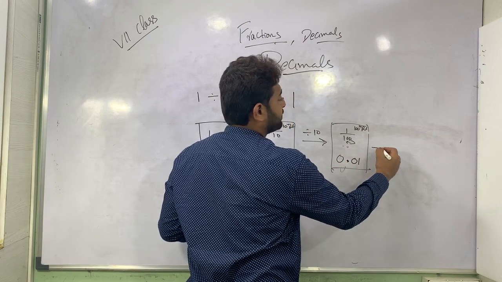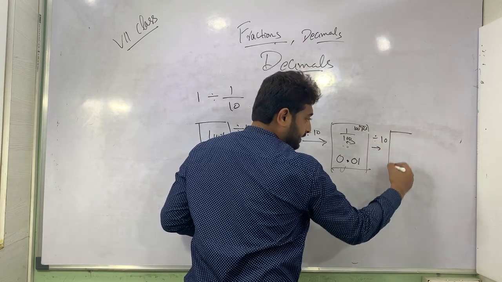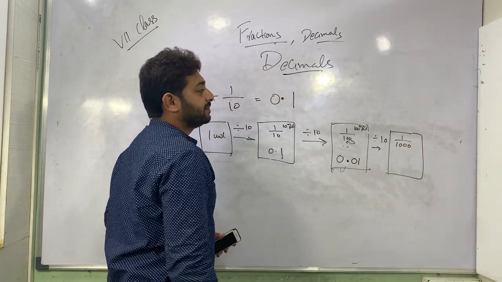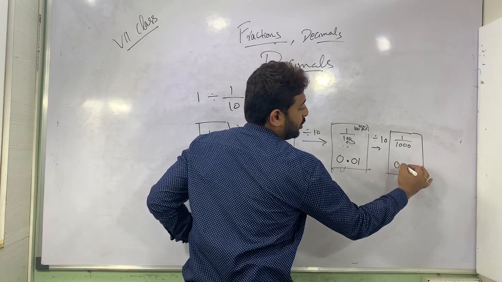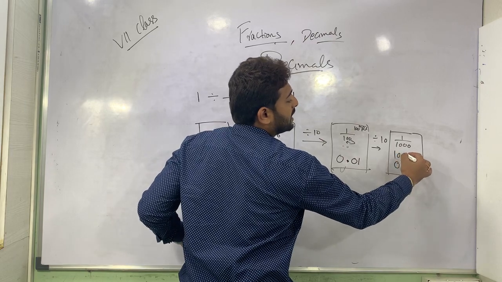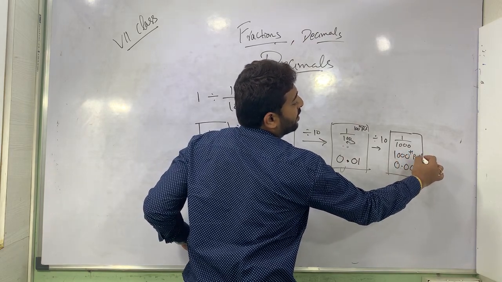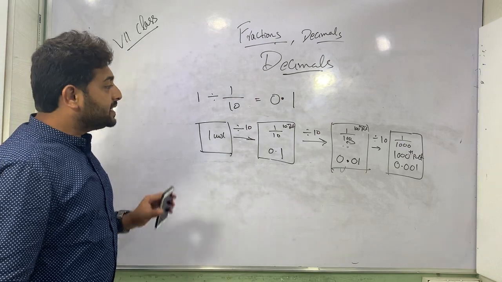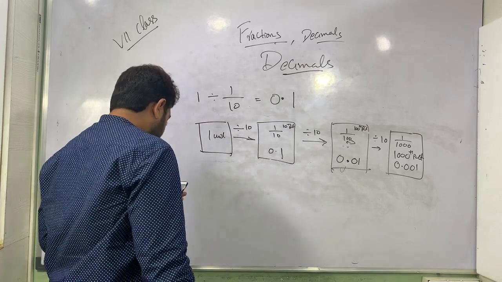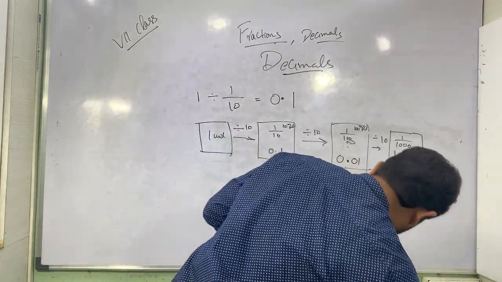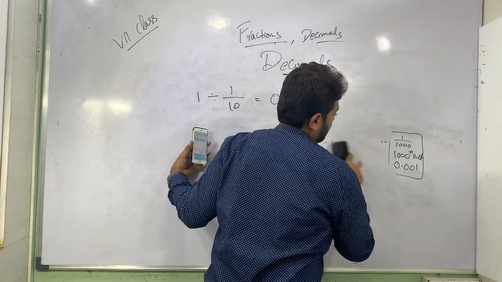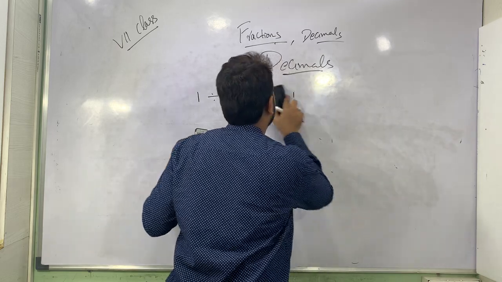The number of zeros below, you must place the decimal point before two digits. Again, when you divide it by 10, it would be 1 by 1000, 3 zeros, or 0.001, or the thousandth part of 1. This is how decimal numbers are taken. Now we'll go ahead and see how you use it in your problems.